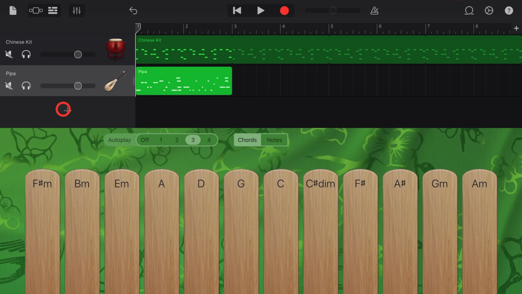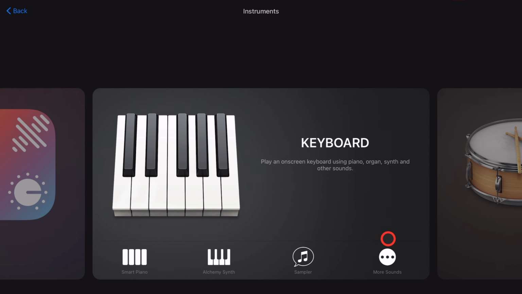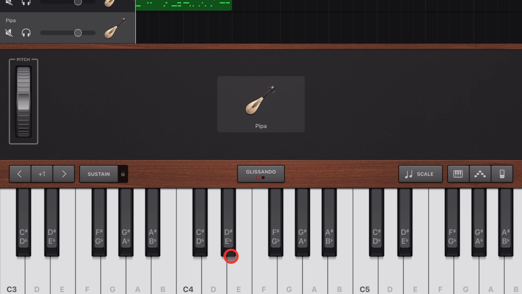And finally, a very special bonus tip here. If we hit the plus button and scroll across to our keyboard instrument and tap on more sounds, we can actually go in here to other and select Pipa. And now you can play your Pipa